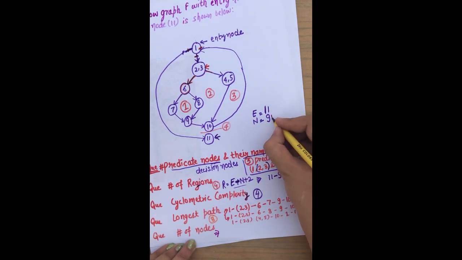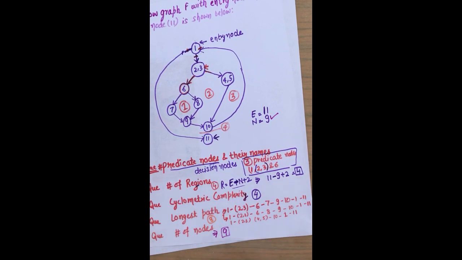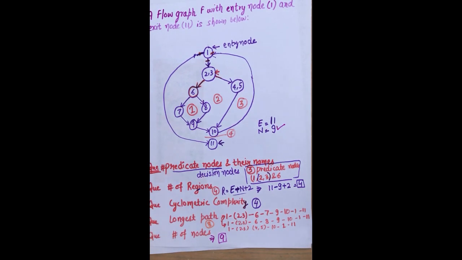The next is very easy. We also calculated this earlier: how many nodes are there? We calculated 9, so the answer is 9. This question is super easy and we can get 10 out of 10. We can solve this question with a little practice. Hope